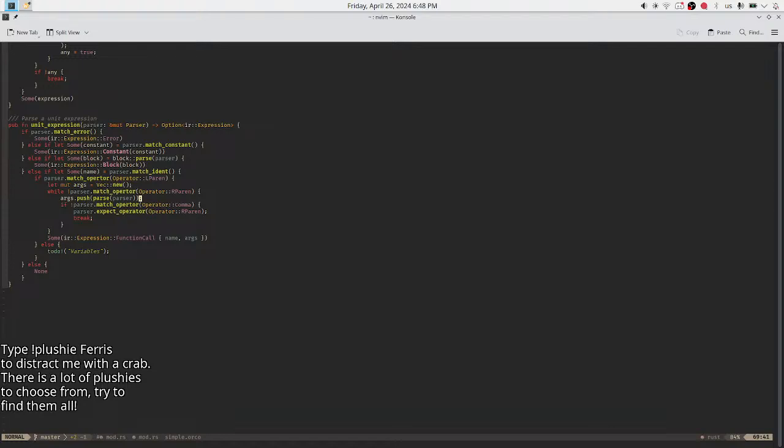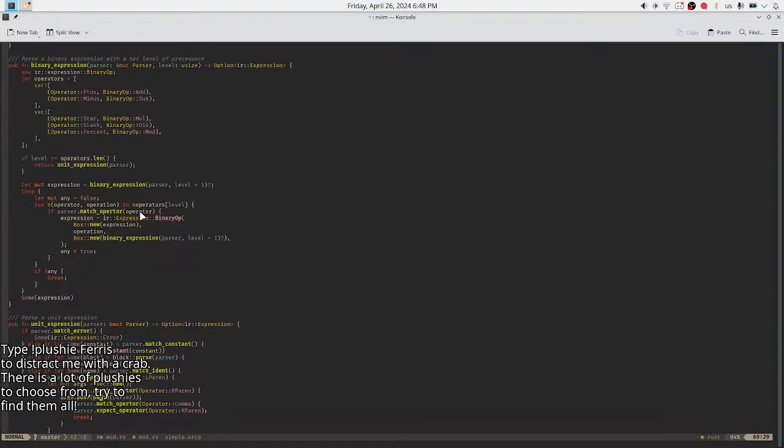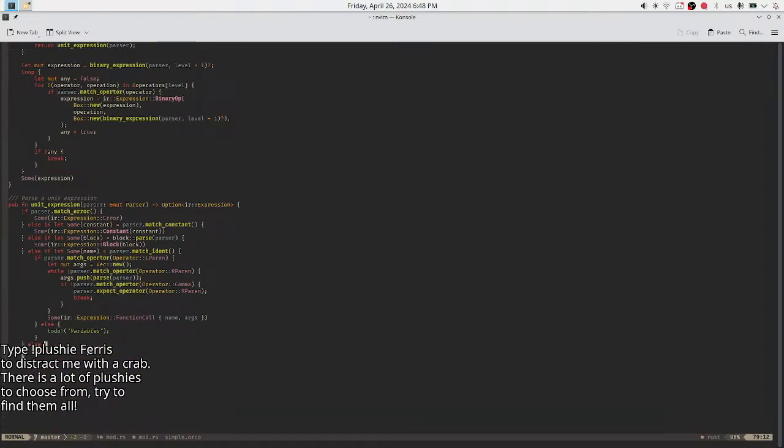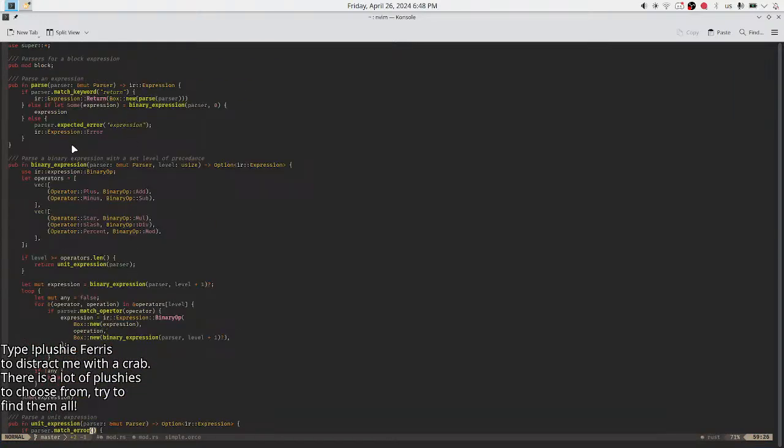This would be so annoying if you just have two errors for no reason. So expected an expression. I mean, is expression mandatory?